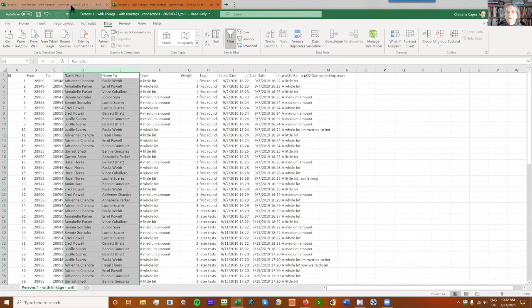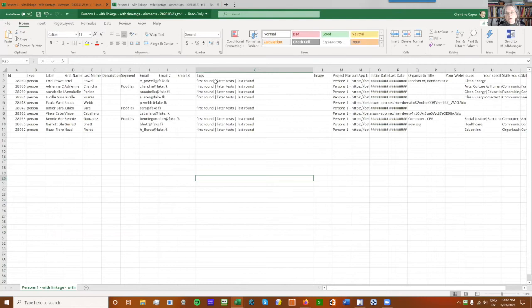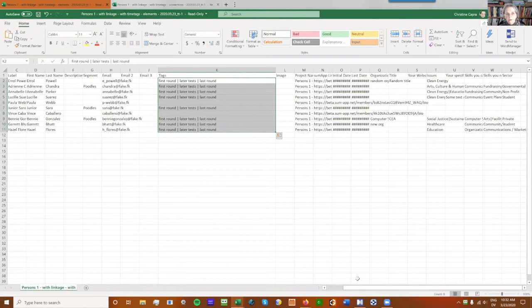Let me back up and just say that with the elements, the only thing that we're tracking is when did they join the network? When did they first do something on the map? We're not tracking their changes to their survey over time. So if their title changed in the middle of a time frame, the only data we're outputting for the elements is the most recent data, because if my title changes or if I move to a different city, that's not a huge impact on the network. That's just about me. And so we just have the most recent.